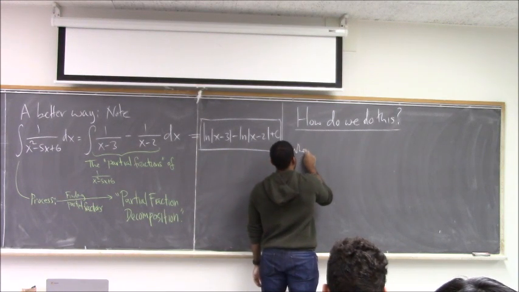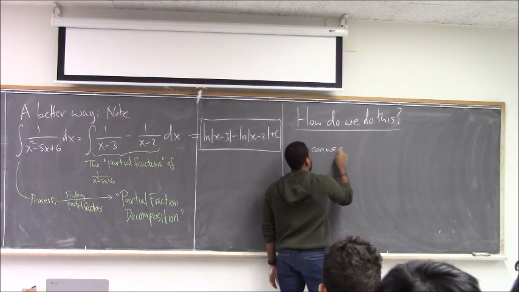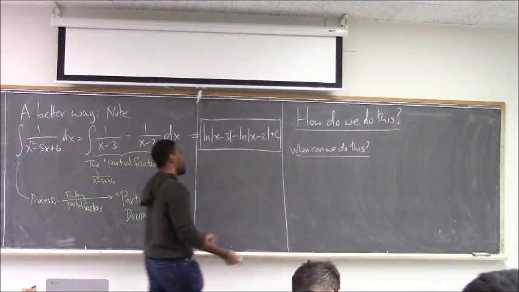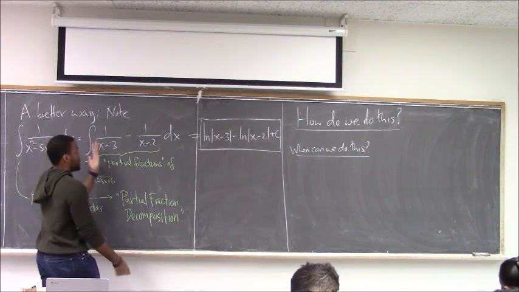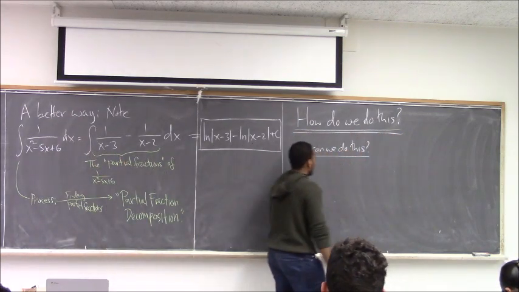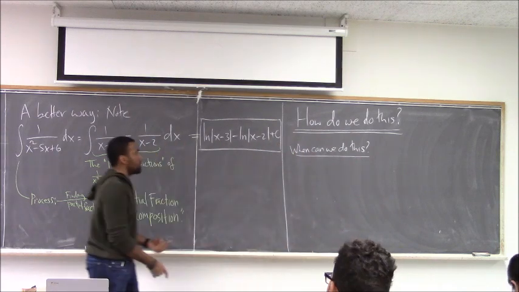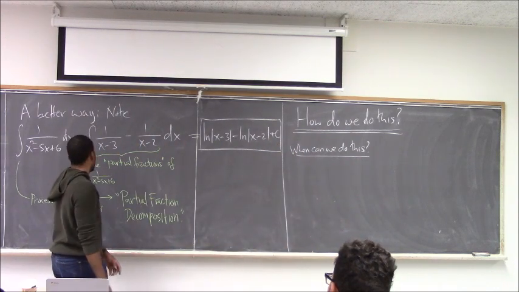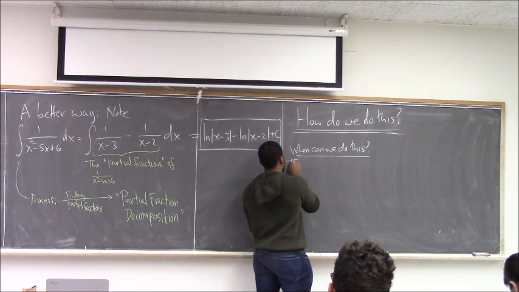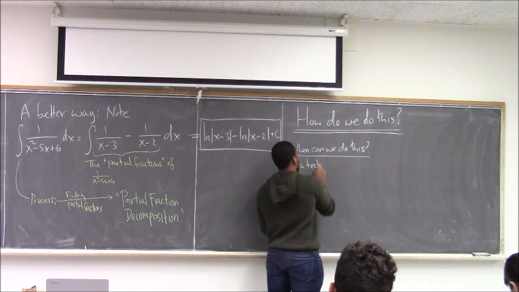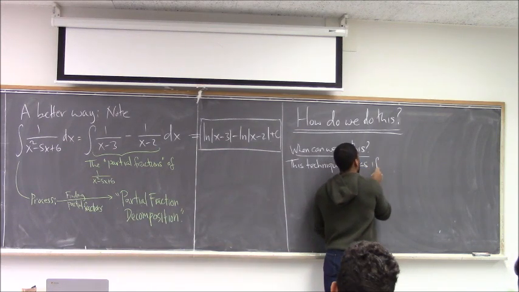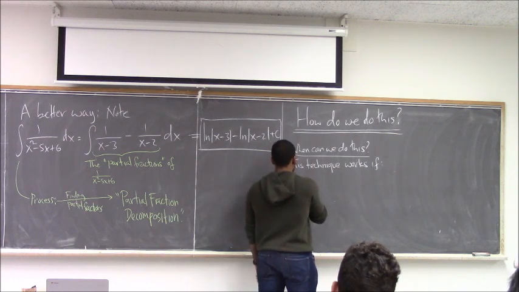So, first, when can we do this? Are you always able to find partial fractions for any fraction that I would give you? And the answer is no. So, when can you know that this technique is even a viable option? Or when do you know that, yeah, I'll be forced to do a trig sub or something like that? So, this technique works if, 1,